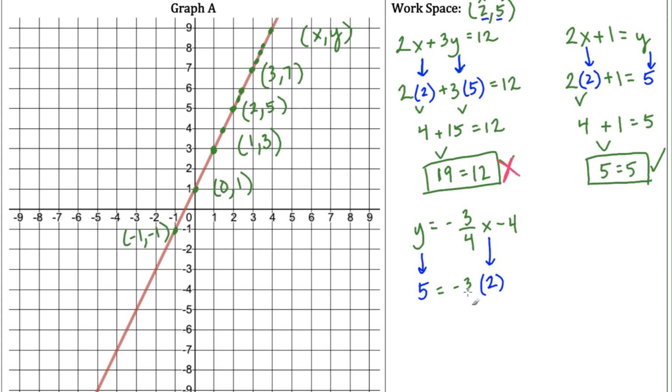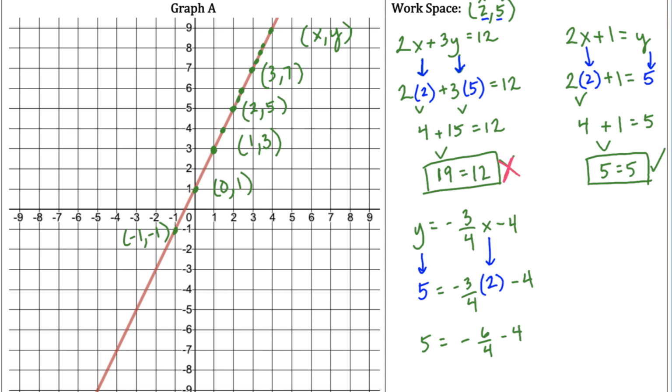So -3 over 4 times 2 minus 4. Okay, so negative times a positive. Oh, let's actually bring this down first. So negative times a positive is a negative. 3 times 2 is 6. So 6 divided by 4. So this is -6 over 4